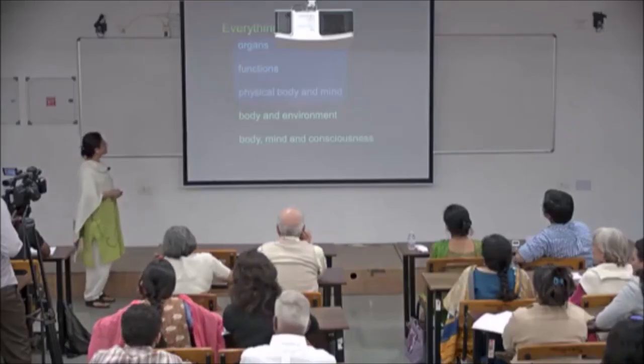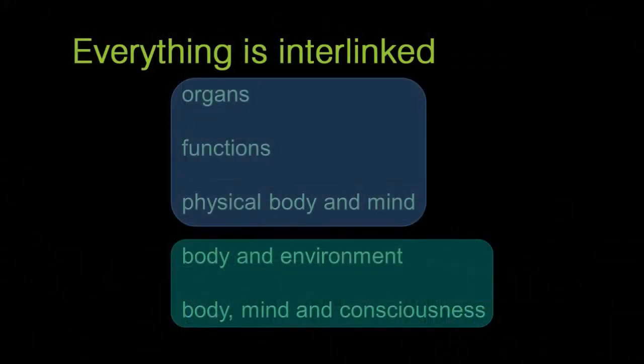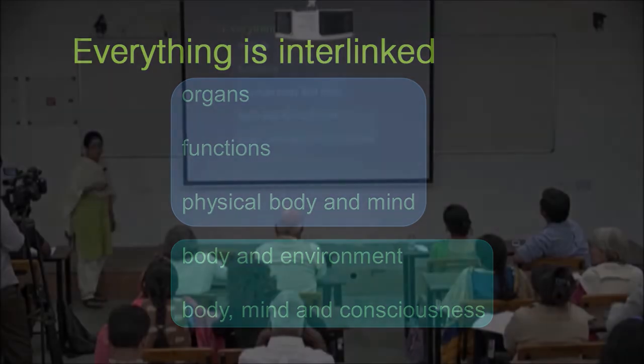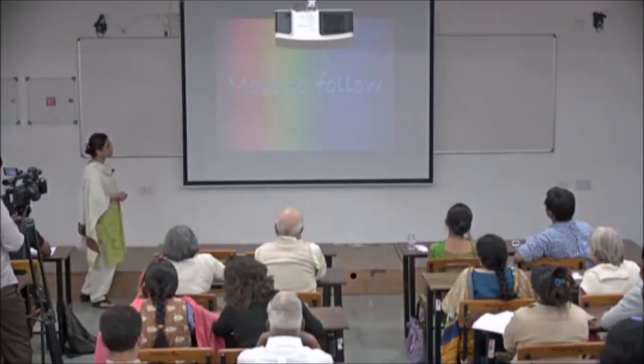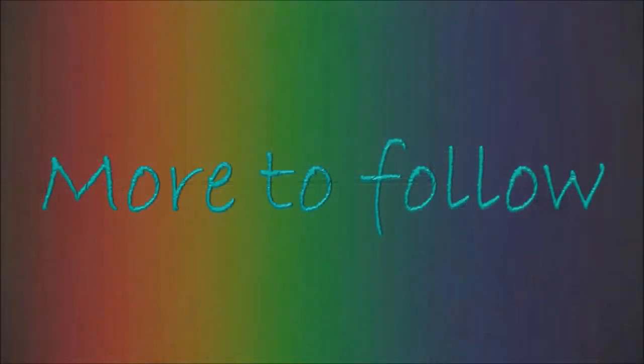So in Ayurveda, everything is connected. The organs, the function, the physical body and mind are connected with each other. And the body is also connected to the environment. We are not isolated entities, we are dynamically interlinked with the environment. So the body, mind and consciousness and the environment, it's a huge network that Ayurveda is talking about. So I will end the first part of the lecture